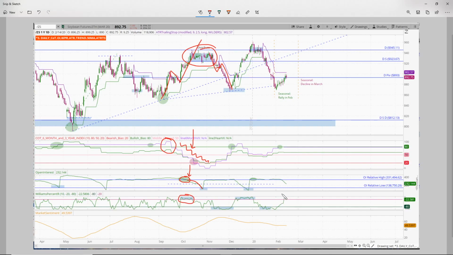Where's WPR? Yep, right up above 80. So we're in that overextended or oversold territory. That's what they term it. What's this? Market sentiment not looking too good right here. Not looking great. It was already looking